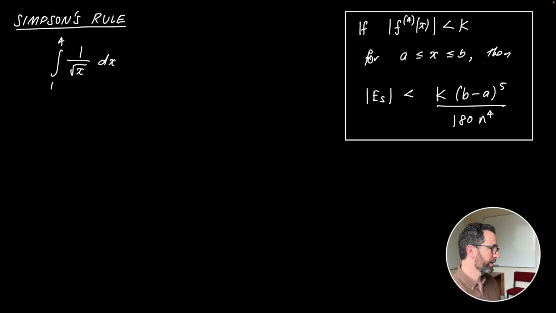So we're going to do an example where we could actually do this analytically, so we can compare our result with the actual answer. So here's the problem we're going to do. Let's just quickly integrate this and find the analytical solution first, before we move on to doing it with Simpson's rule. So the analytical solution